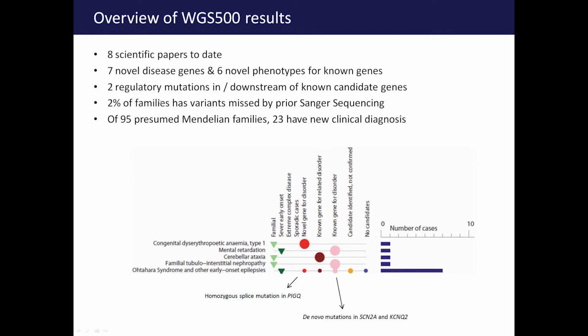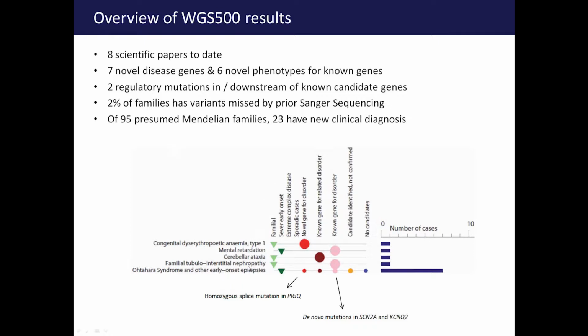There's also about 2% of families we've seen have variants that should have been picked up by Sanger sequencing but somehow were missed. And in total, of almost 100 presumed Mendelian families, there have been 23 new clinical diagnoses. So the figure at the bottom is showing